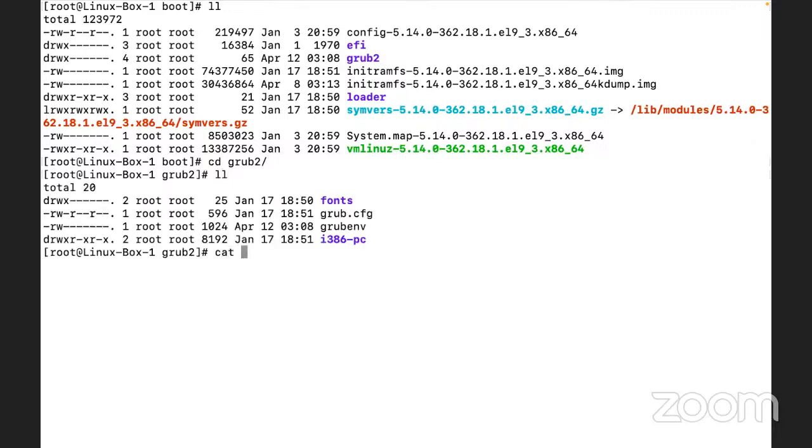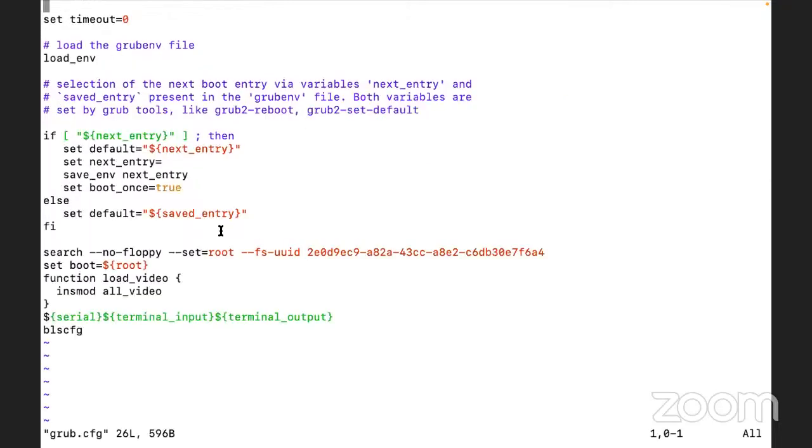Okay, now if you want to see grub.cfg, what does that mean? So guys, we can make some modifications in this particular file. What is this? set timeout 0. load_env. Now selection of the next boot entry via the variable next_entry.